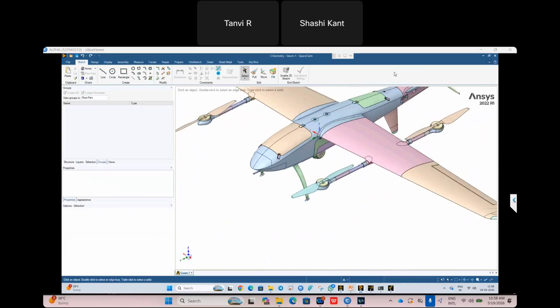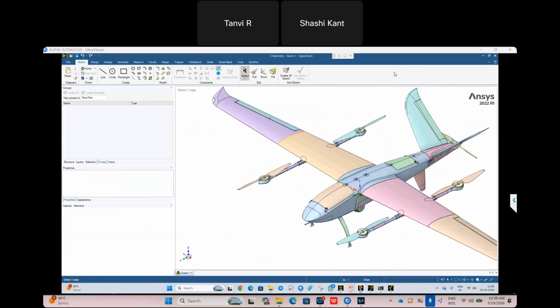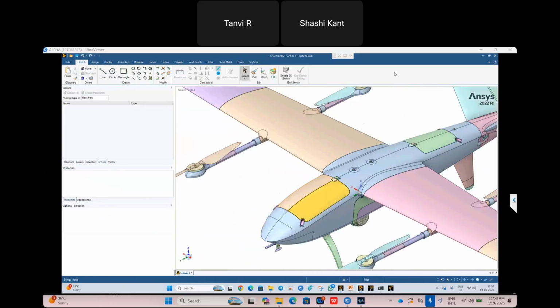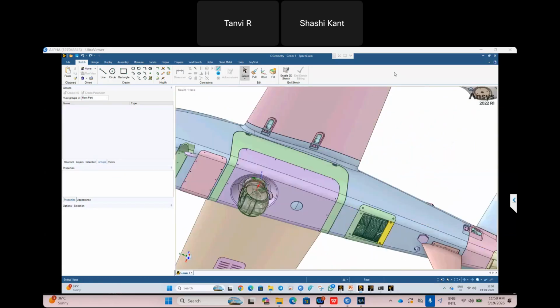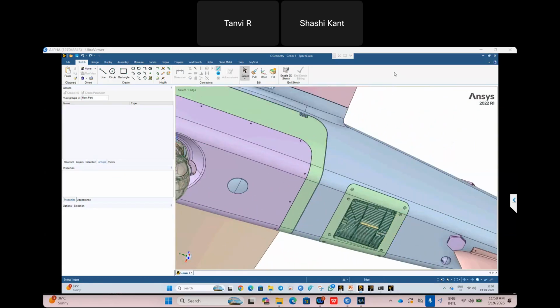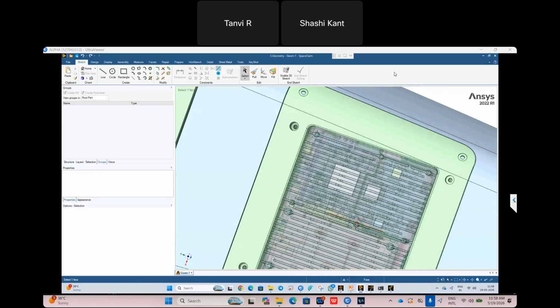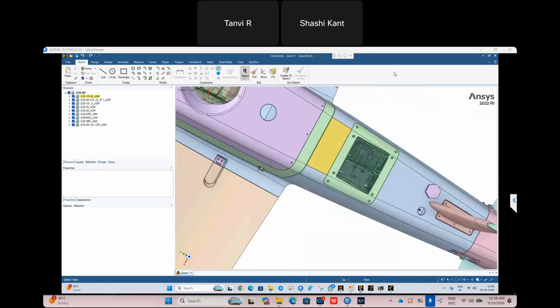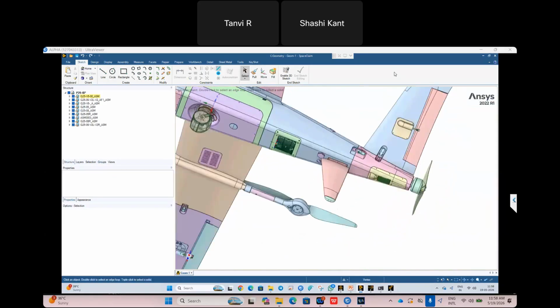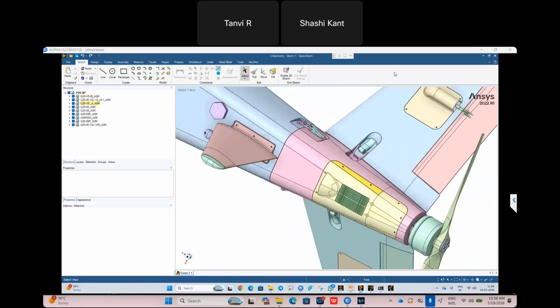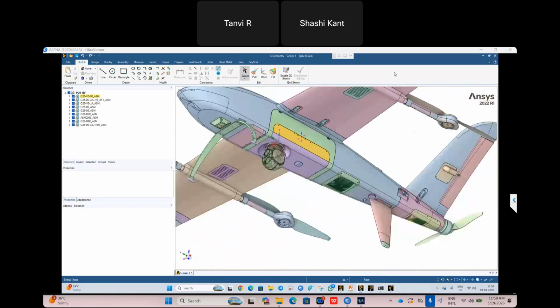You will see the motors and the airfoils, and all these things are there. A glass is there, and you will see the complete cabinet for the battery. This is a complete panel for the electronics. You will see multiple components are there. Battery cooling process is also there. You can see how it is happening. So this is a complete assembly.